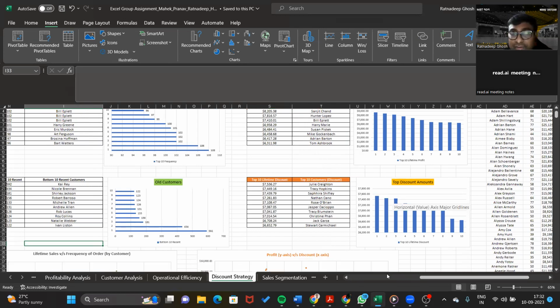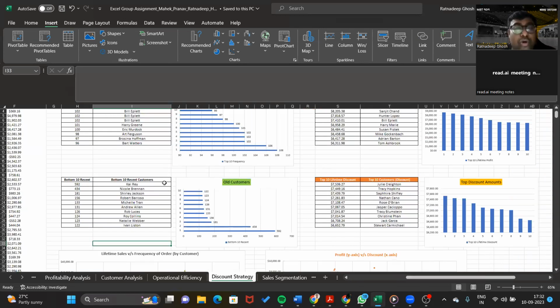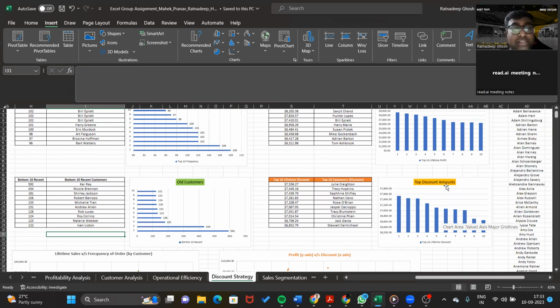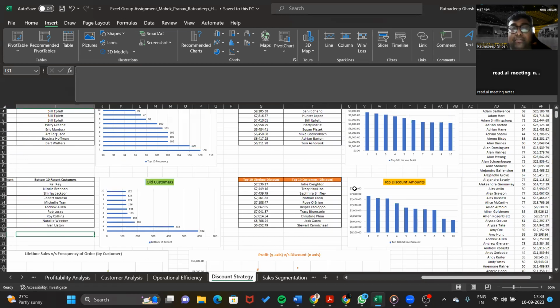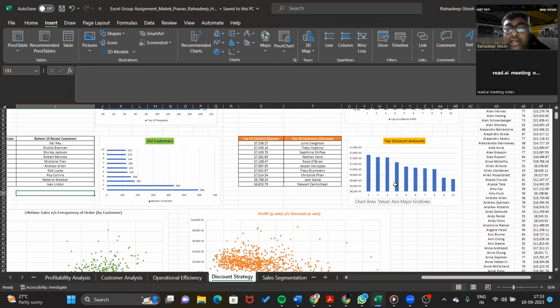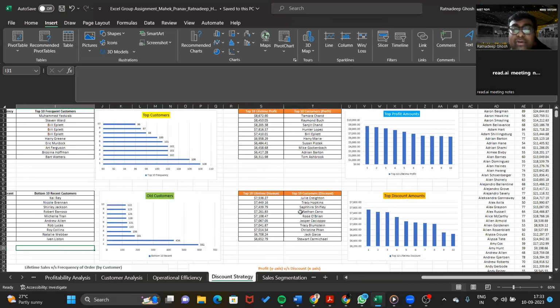I also wanted to look at the customers which have not come back to us for a very long time. So I calculated the bottom 10 customers with respect to the recency, and also the top discounts, like the customers who are getting the top discounts. And all this data I have correlated. I've done the correlation between all this data, and found out that